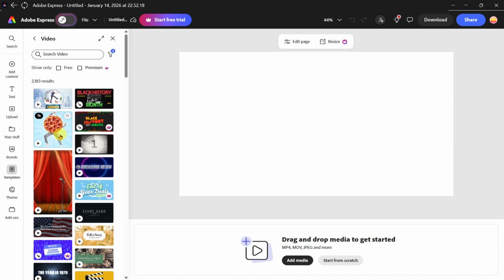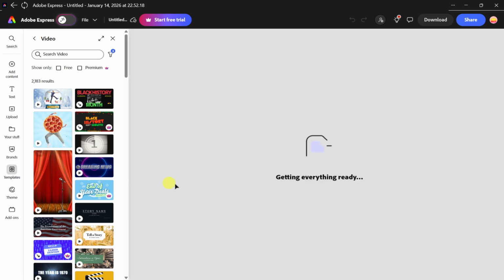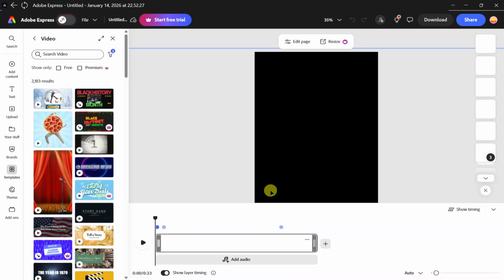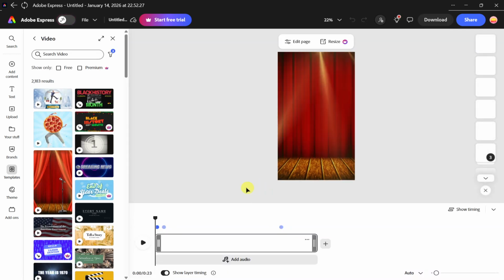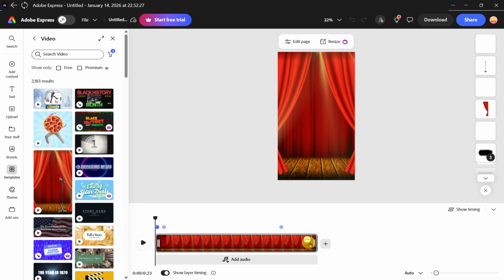Now select a sample video. Adobe Express provides sample clips you can use for practice, and they're great for testing timing. When you click a sample, it will appear on your canvas and on the timeline along the bottom of the screen. The timeline is where all the duration adjustments happen, and you'll see your clip represented as a bar with